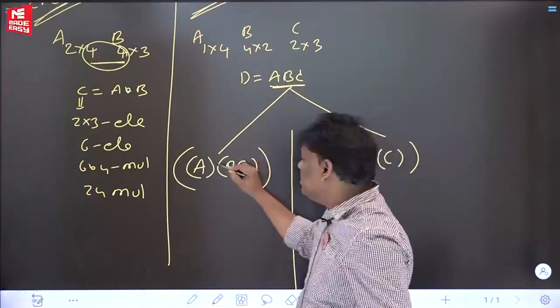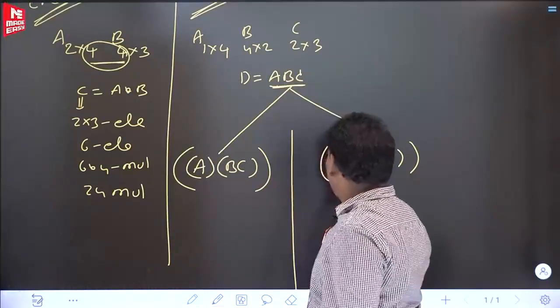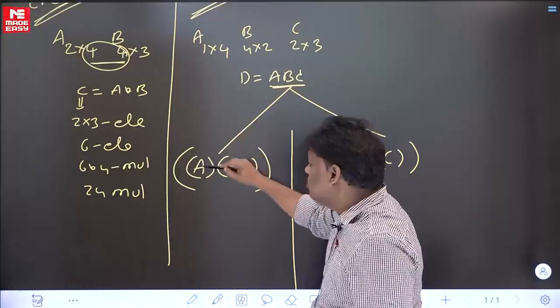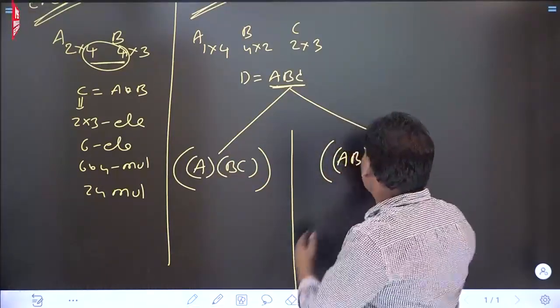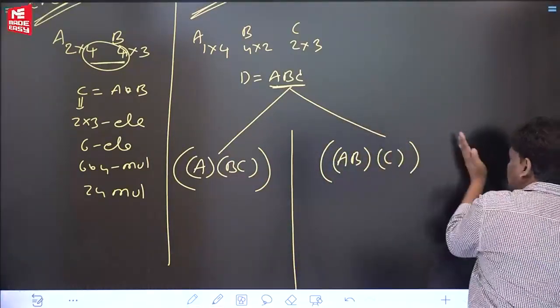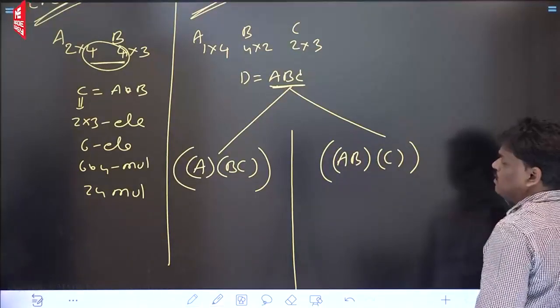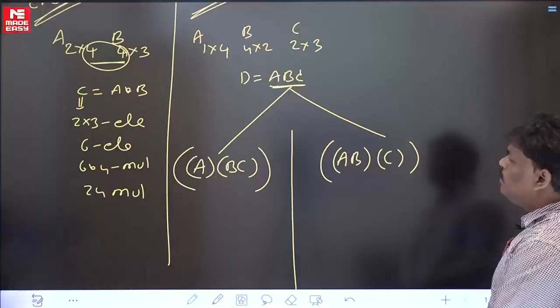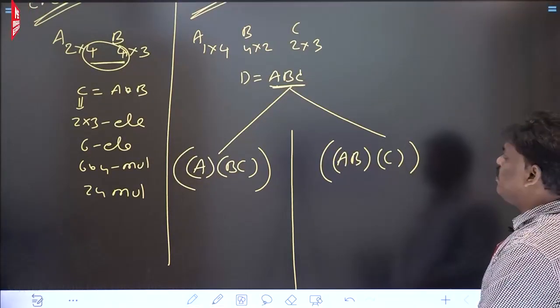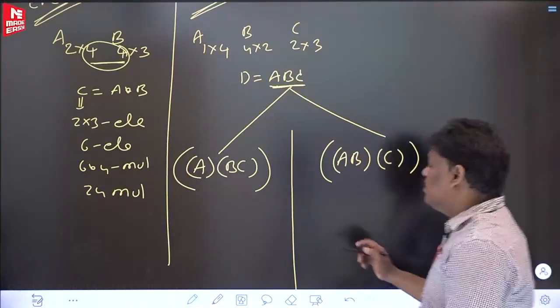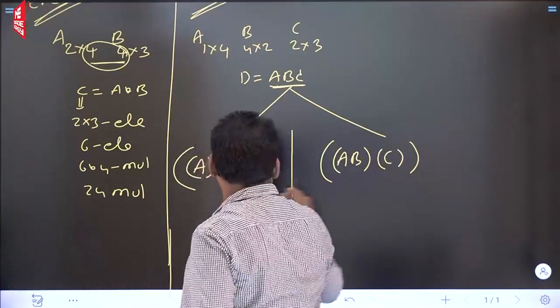So how did I do it here? Only the first 1 remaining, only the first 2 remaining. Association is slowly increasing. If at all possible, 3, but when I take 3, the right group has 0 matrices. That is the reason there are only 2 possibilities. To multiply ABC because of the associative property, 2 ways are there. Let's see what is happening in the first one and the second one.